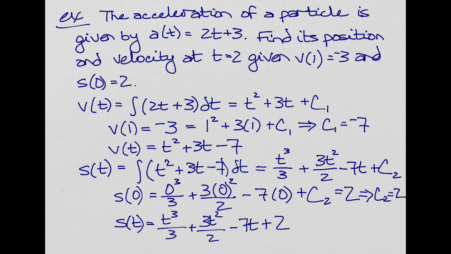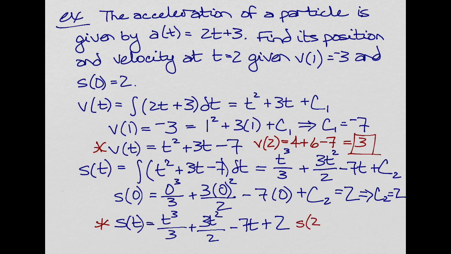Let's see, did we answer the question yet? I don't think we did. Find the position and velocity at t equals 2. Well, I have the position function and the velocity function. We just need to evaluate them at 2. The velocity at t equals 2 is 2 squared plus 3 times 2 minus 7, which is 3. And the position